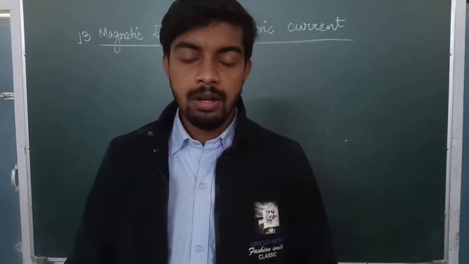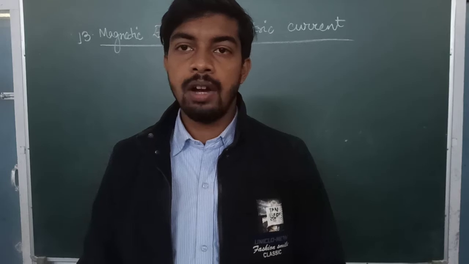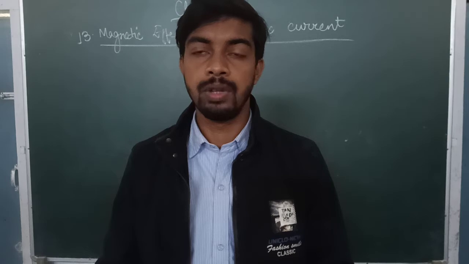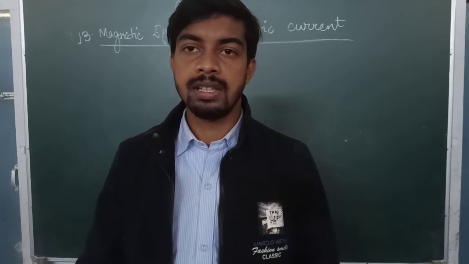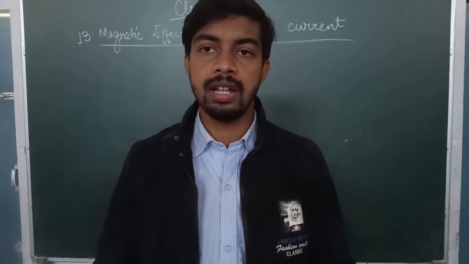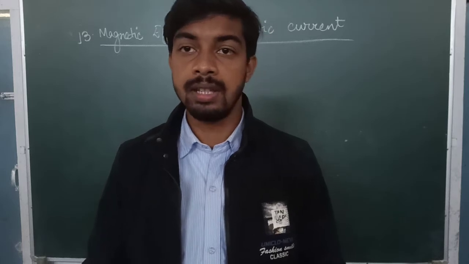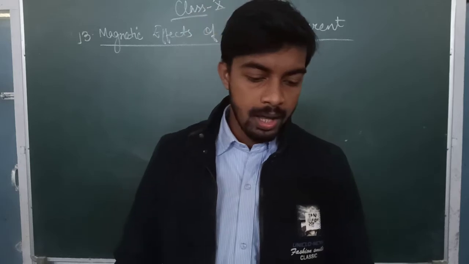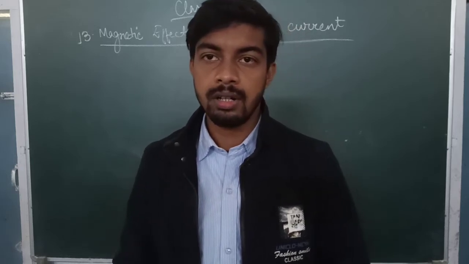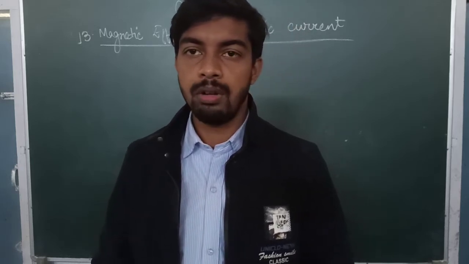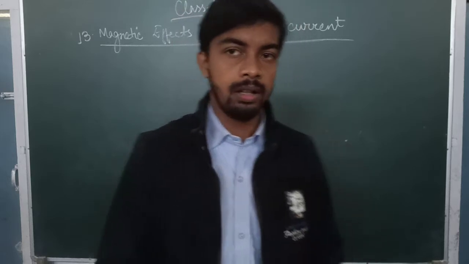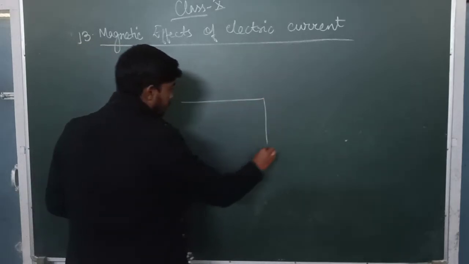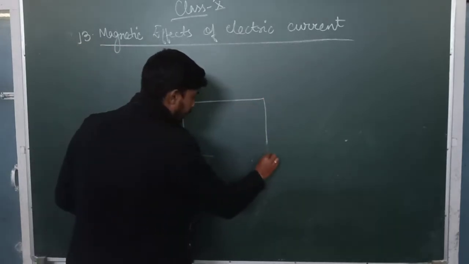The first idea of magnetism, that magnetic and electric fields are related, that whenever we have any magnet there is some electric field related to it, that electricity and magnetism are related, was first given by Hans Christian Ørsted through one of his experiments. What he showed through his experiment is that if we have a circuit,